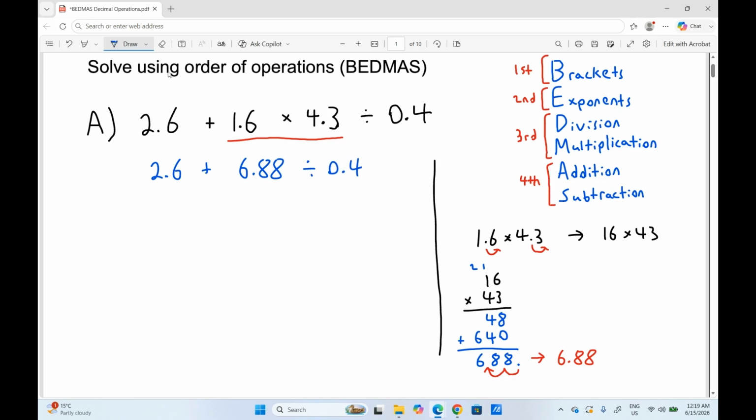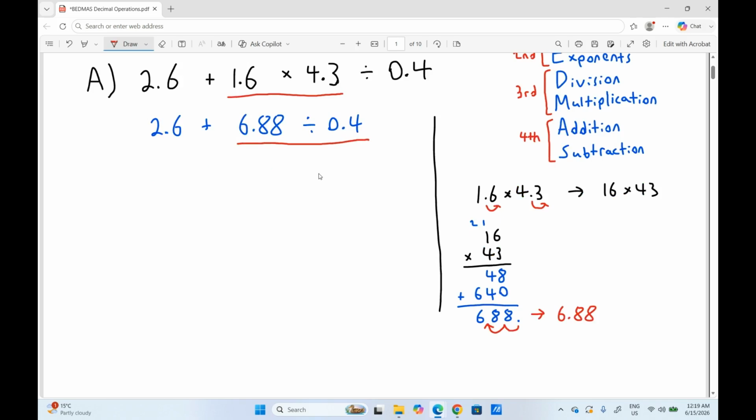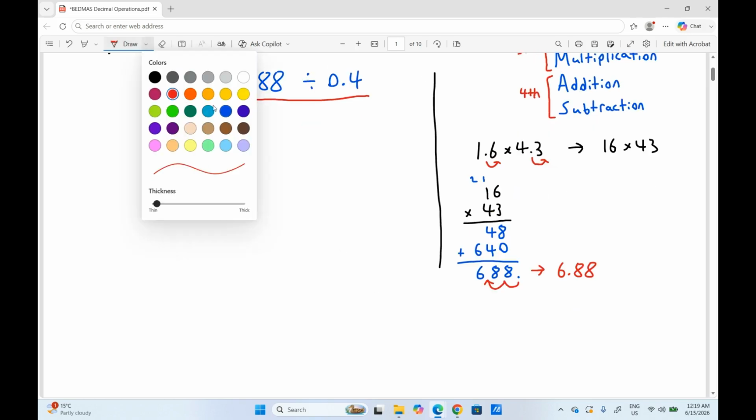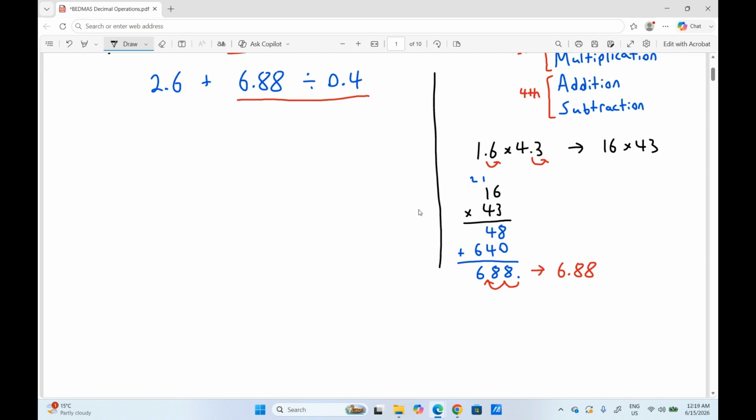Okay, awesome. Now for the next step, I still apply order of operations. So I scan for brackets, no exponents, division, multiplication. There is a division left, so I have to divide before I add. So 6.88 divided by 0.4. Let's do another aside here. In this case, I have